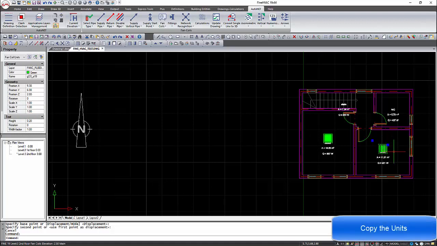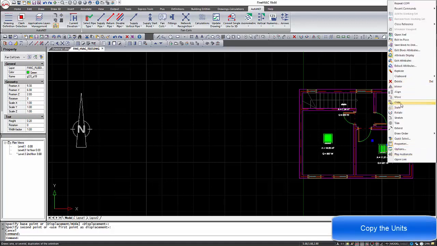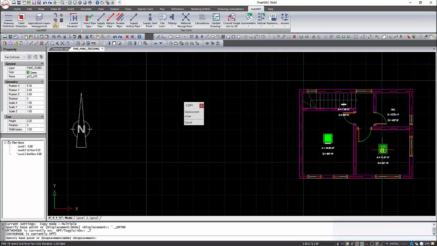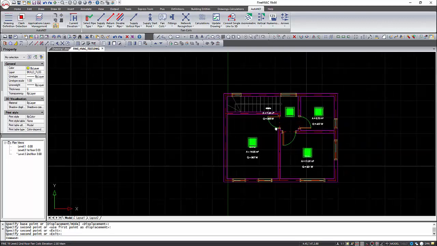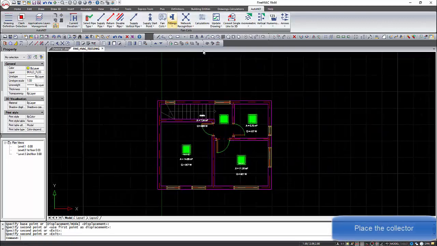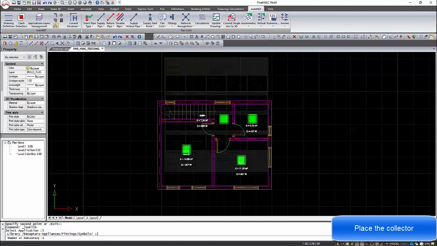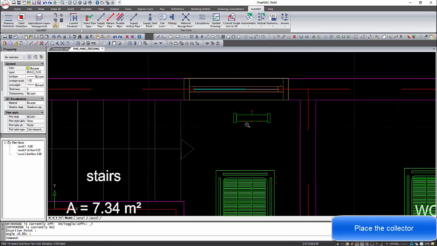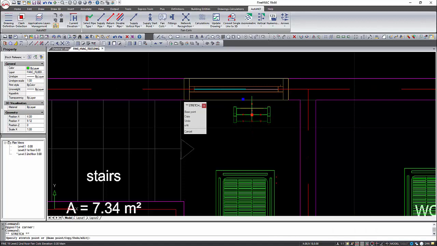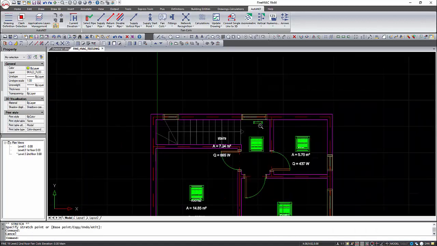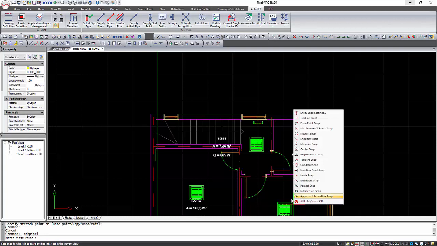We can copy the units on the other spaces. The next step is to define the piping network.